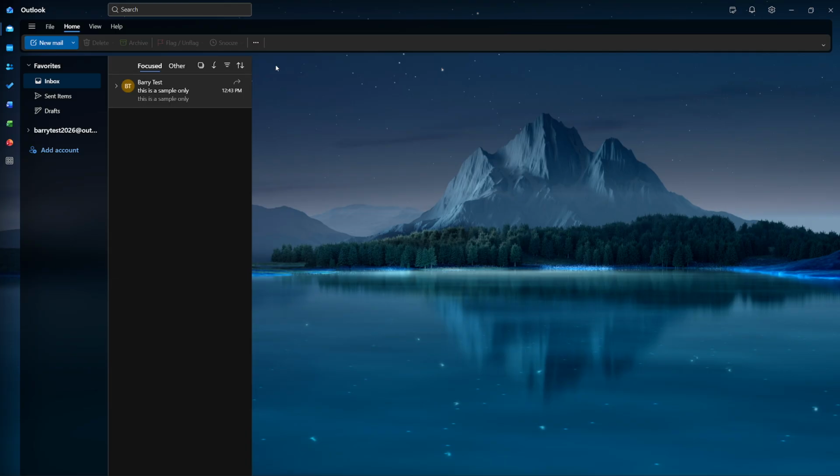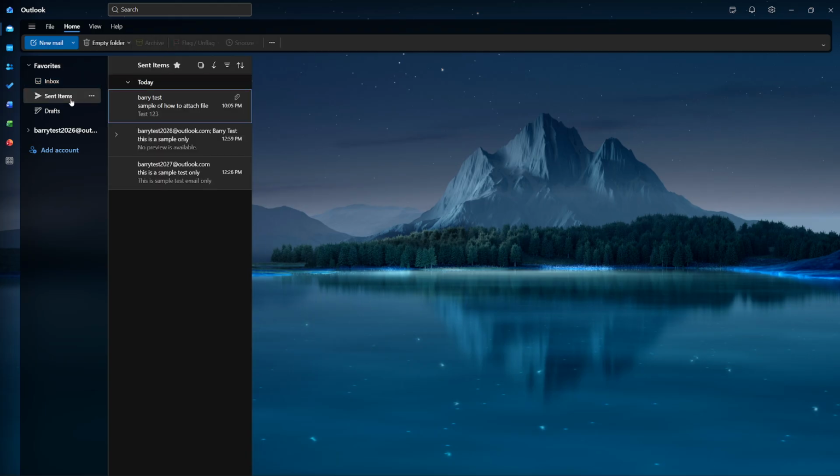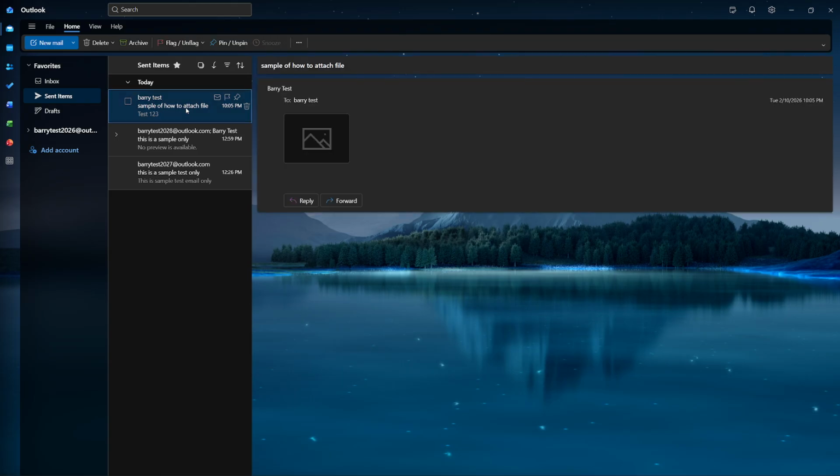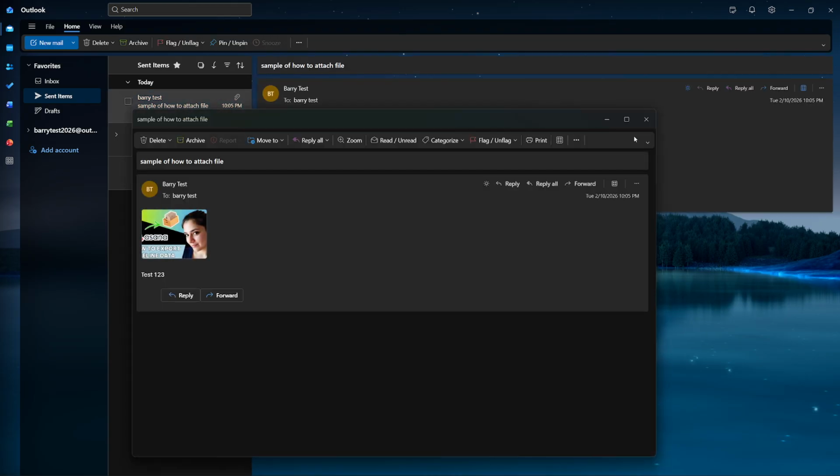If you need to attach more than one file, simply repeat the same process from Attach File and add additional documents as needed. Before you finish your email, glance at the attachment area to verify everything you intended to include is there. That's it. Compose your message, go to the Insert tab, click Attach File, choose Recent Items or